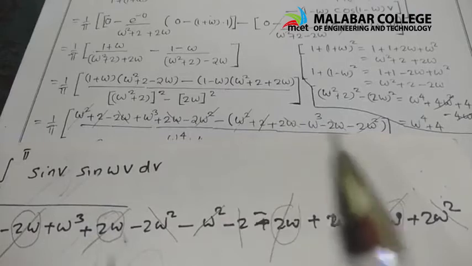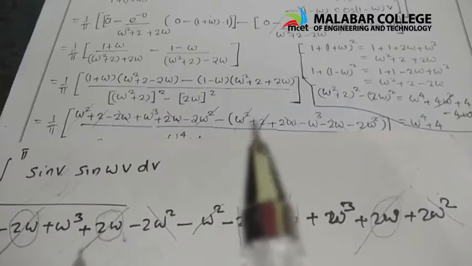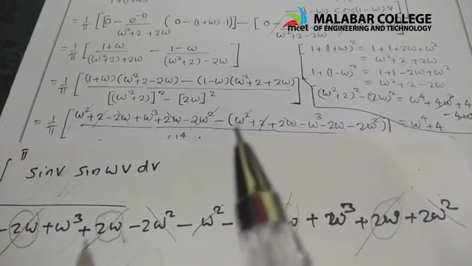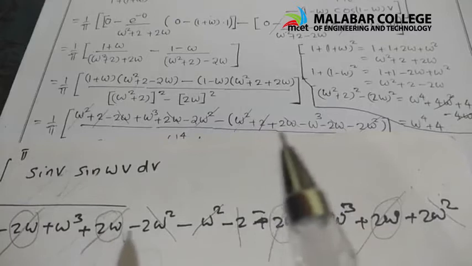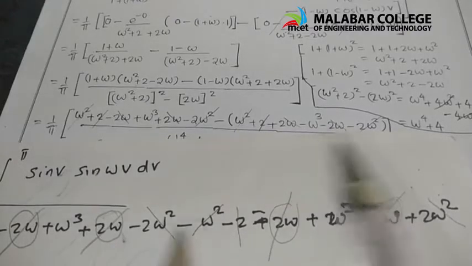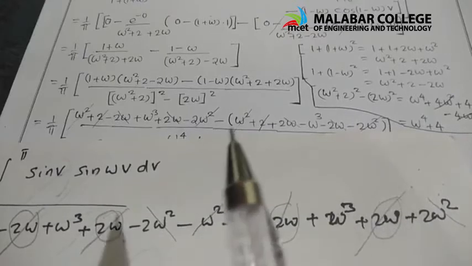So all these terms we have to write alternately. Plus is minus, minus is plus. In place of plus we have to write minus everywhere. So the first three terms are plus here, so the first three terms you have to write negative. The last three terms are negative here, so the last three terms you have to write positive, multiplying by minus.